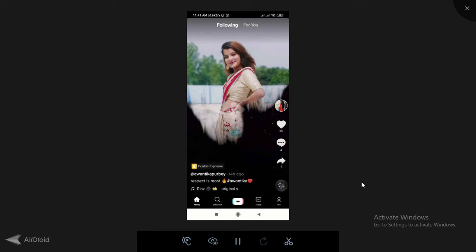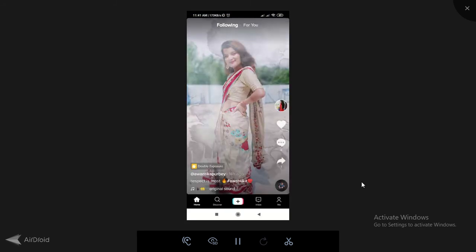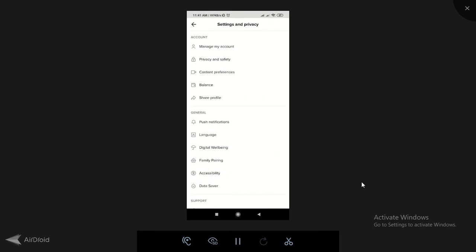So what you want to do first, you want to open TikTok, of course. After opening TikTok, let me show you that I can't go live as of right now. So what you want to do, you want to get rid of that. You want to click on Me, and you're gonna click at these three little dots at the top corner. So pretty much go on this little menu and settings,